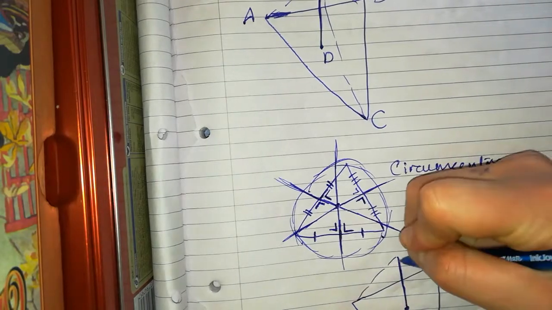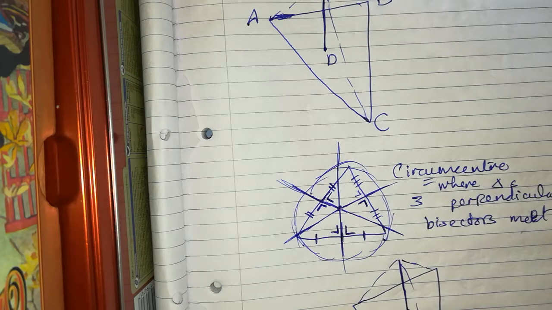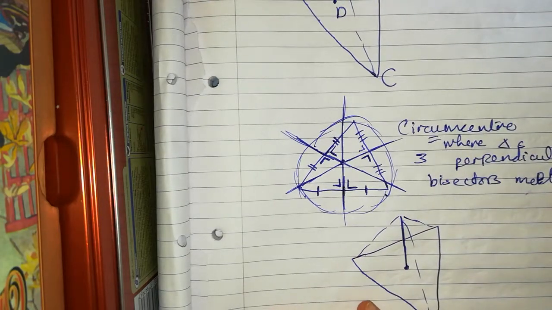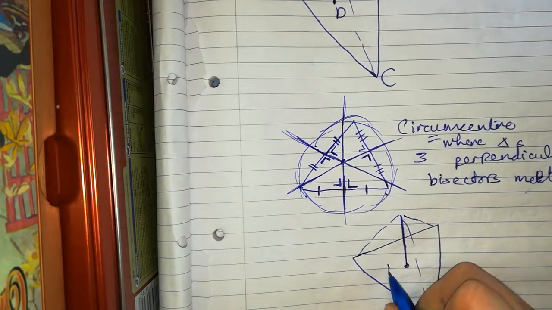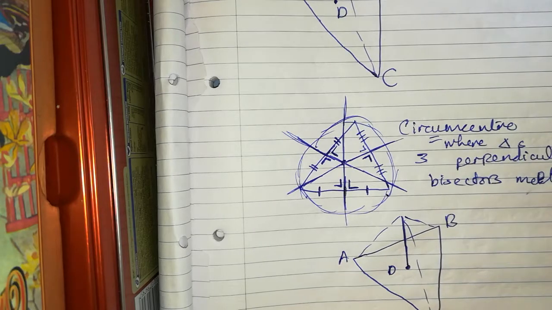So we're told that the circumcenter here is at D, for triangle ABC, and we are asked to figure out